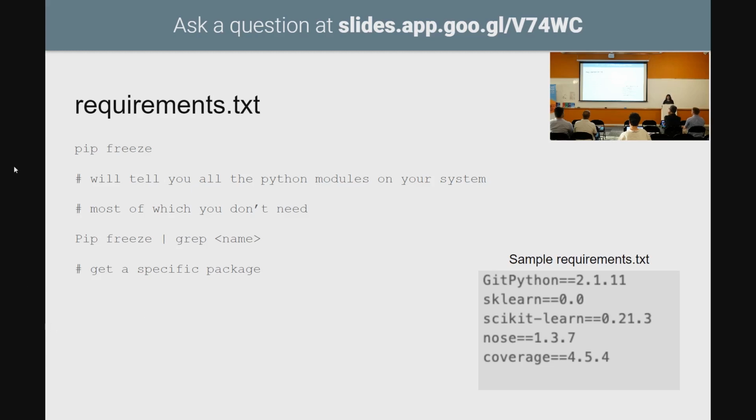And this is super simple. How do you get that? Well, just type pip freeze on your machine, and you will get all the components that were installed and the versions that were installed. You probably don't need all of them, right? You need selected ones that you're using in your code. So pip freeze and then grep for the actual name. If you're using scikit-learn, grep for that. If you're using PyTorch, grep PyTorch, and it'll tell you PyTorch with that version. So you can add that in your requirements file, spin up a virtual environment, and voila, your code is ready to go to somebody else who can do the same thing and get the exact same libraries that you wanted to get.